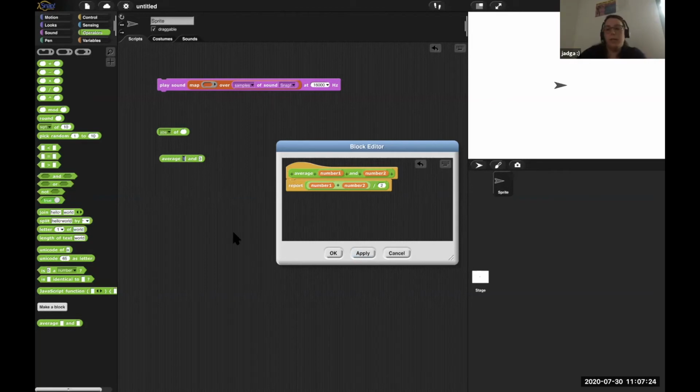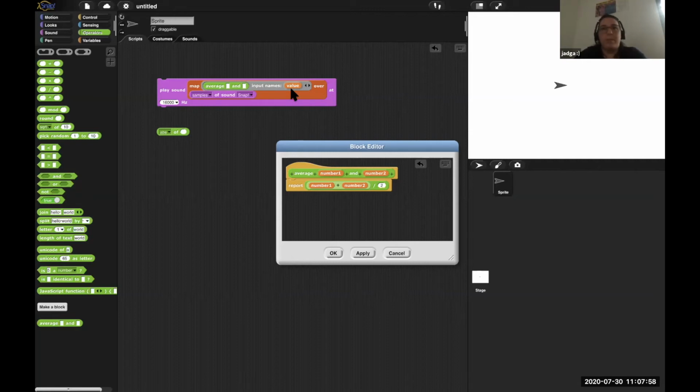So right now we want to take the average of our sample and a sample way back. The problem is if I only have those empty input slots, I cannot get another sample than my actual sample that I'm just looking at. So what we can do to also get information about other samples, about the index of a sample in a list that we're currently looking at, or about the list itself, we can expand that gray ring by clicking on it 3 times. We get explicit parameters there then.